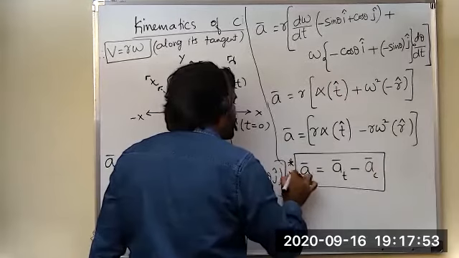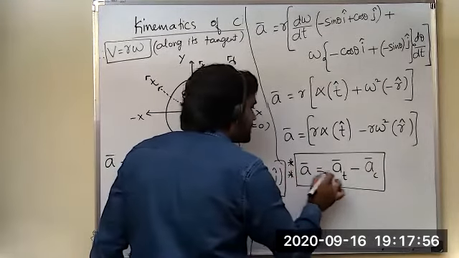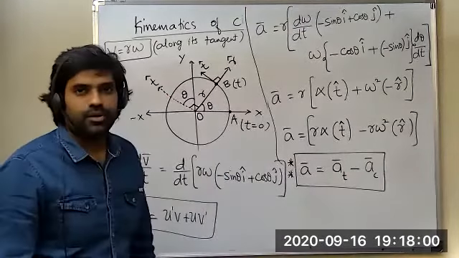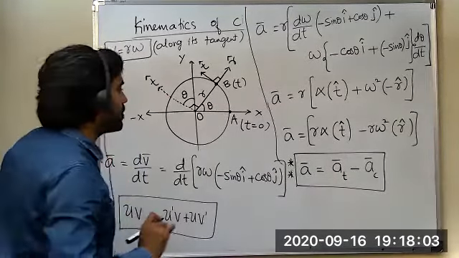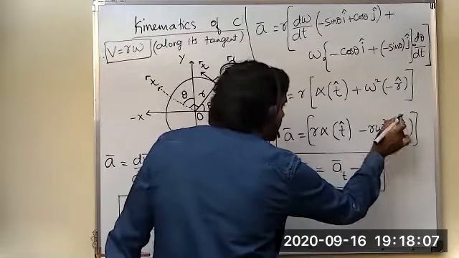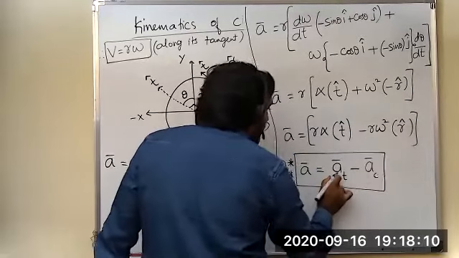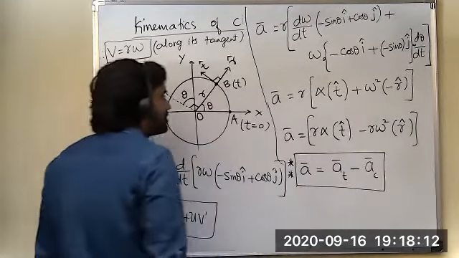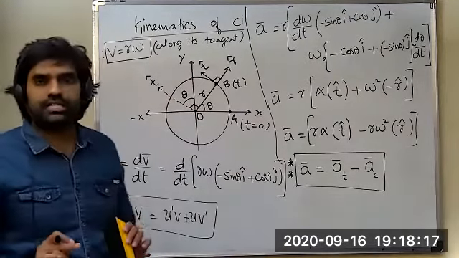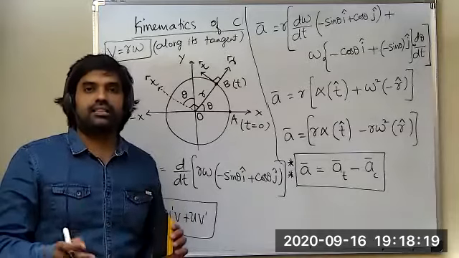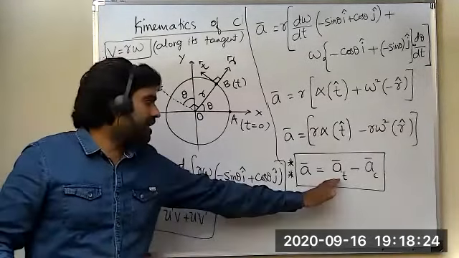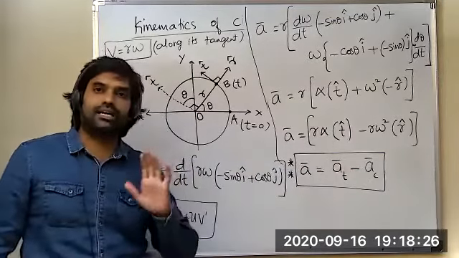So students, in vector form always we will write net acceleration is equal to AT minus AC. This is the result, where AC is the centripetal acceleration or normal acceleration. It always acts towards the center, or else along the radius, and tangential acceleration always acts along the tangent. Therefore, students, we can conclude that when a body is moving on a circle, it will have all the time two accelerations. One is along the tangent, another is towards the center.